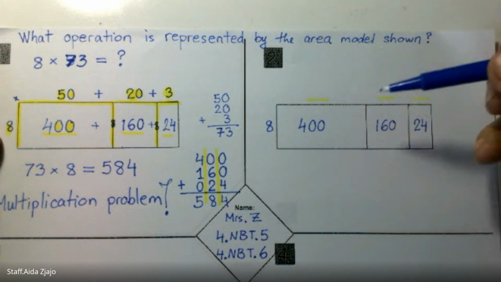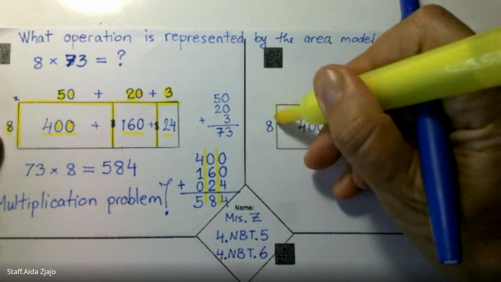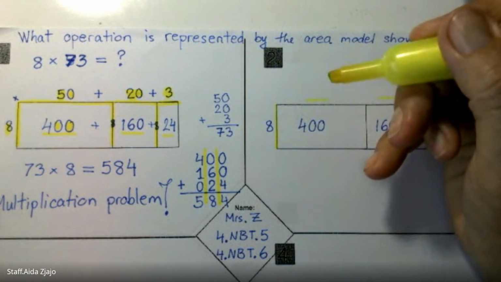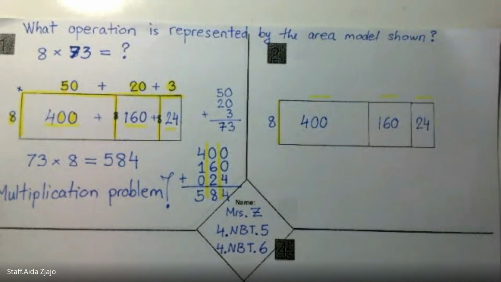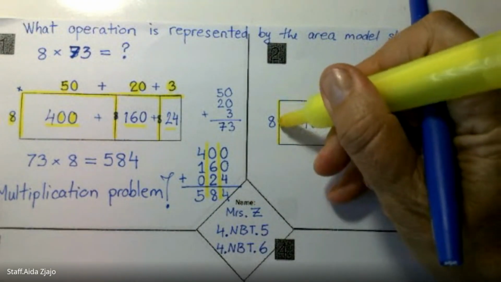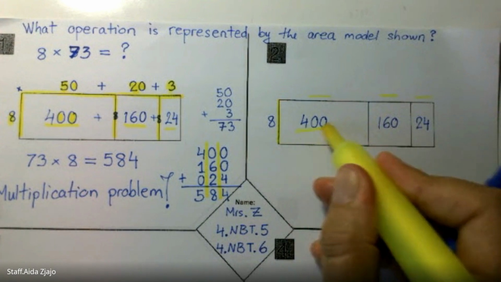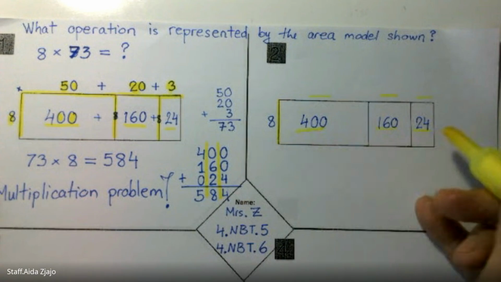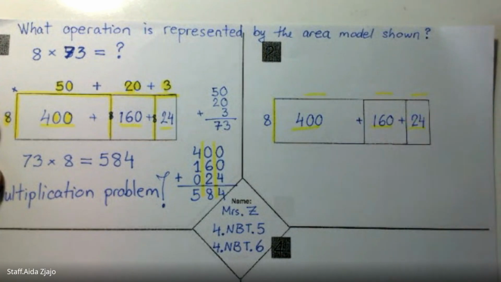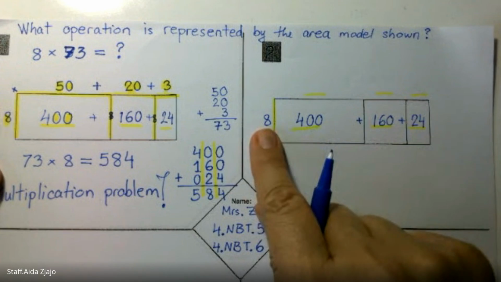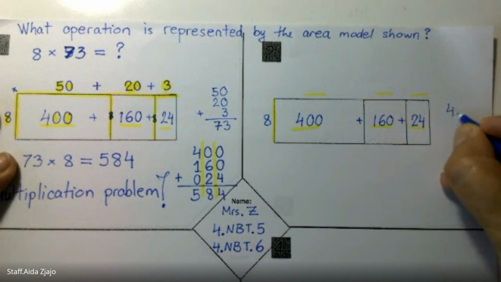Okay, so when we look at this, our problem is going to be division. Right now, when we look at the problem, our divisor is 8, and our dividend is right here: this plus this plus this. That's our dividend. We needed to add those together in order to find our dividend, which is divided by this divisor of 8. So the best thing is to put 400